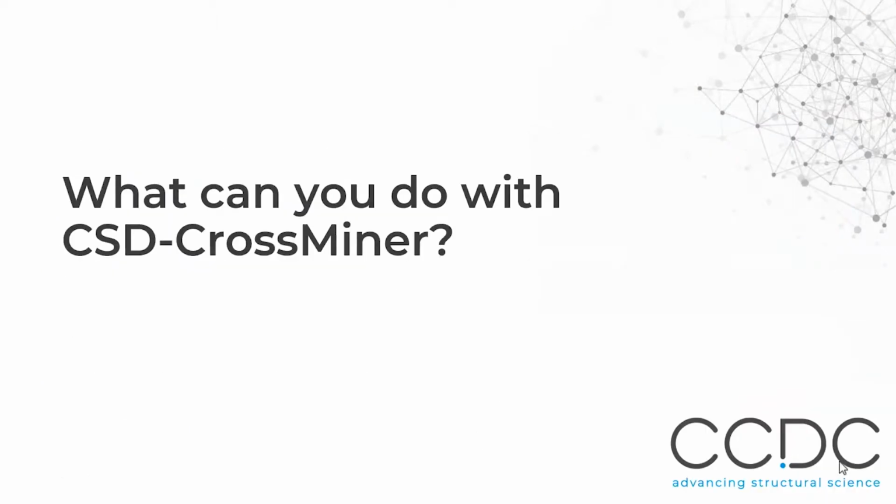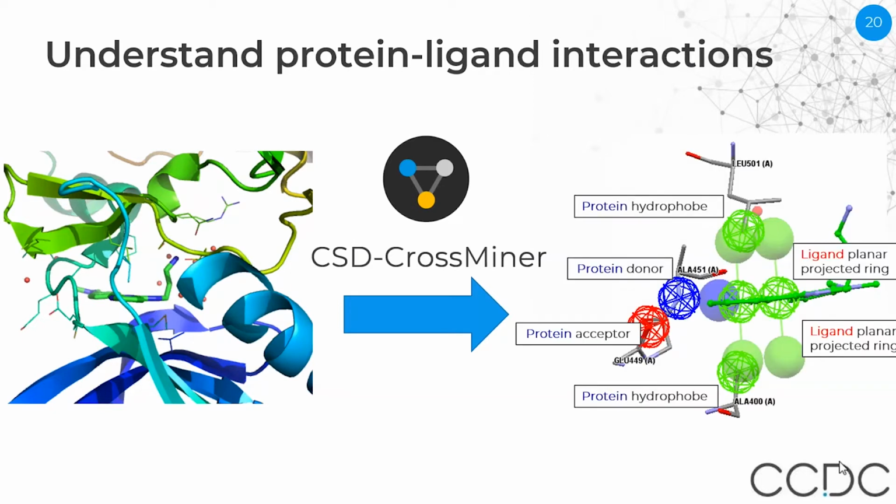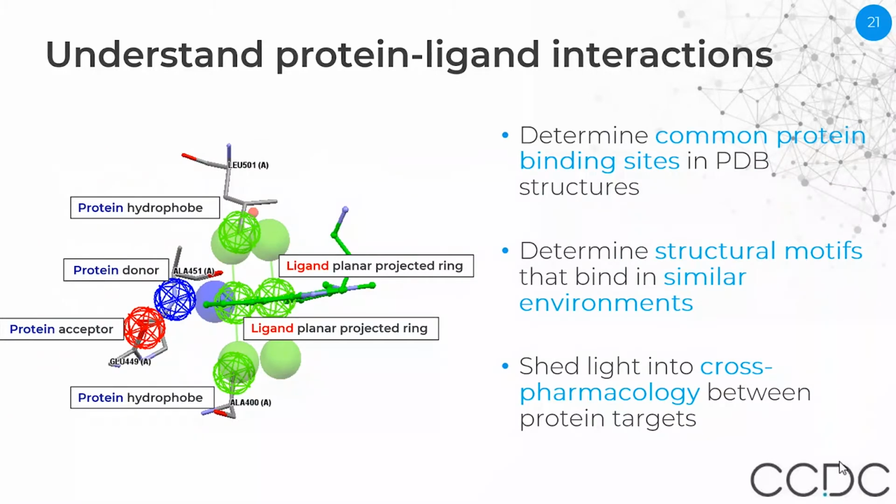What can you do with the CSD CrossMiner? CSD CrossMiner allows you to understand protein-ligand interaction. For example, starting from a structure of a protein-ligand complex like displayed here on the left-hand side, you can translate it into a Pharmacophore query like shown here, and so describe the binding site and the protein-ligand interaction in a much easier way. From here, you can determine common protein binding sites in the PDB structure, or you can also determine structural motifs that bind in similar